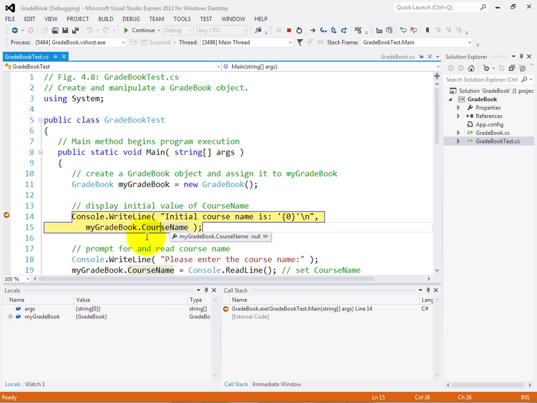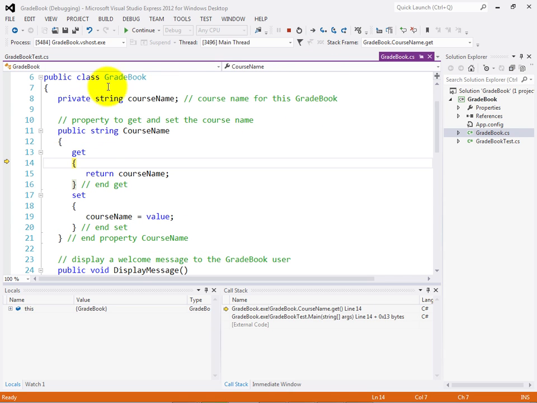as we step through the program here. So what I want to do now is step into the course name property to show you what it's returning back to lines 14 and 15. So I'm going to use the step into icon. And now you can see we're back in class gradebook within the property CourseName, about to execute the get accessor. Not only that, if I hover over the courseName instance variable name, you can see that courseName